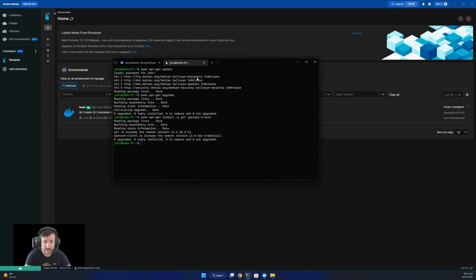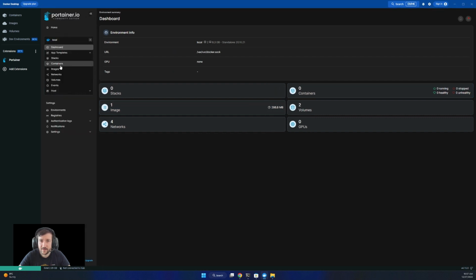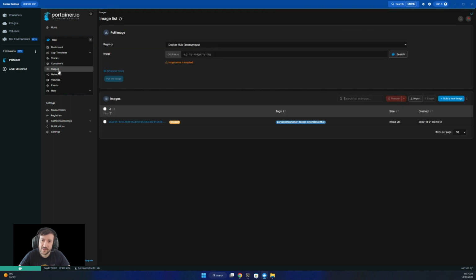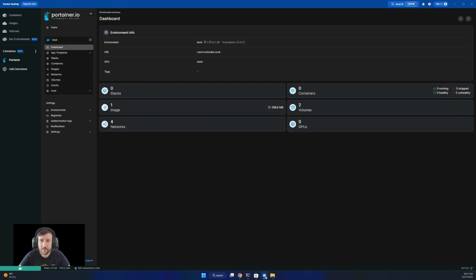One of them is docker ps. You see if everything is running; for me, it's not running anything, but you can do that. So we have Portainer, and there are some things in here. Most of them you're probably going to use are containers, images, and volumes. And I think that will be all.